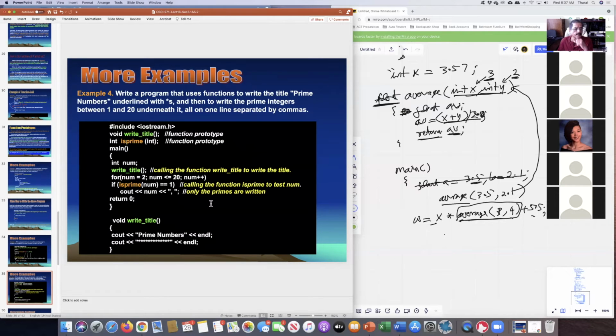So here is a program that will use two functions. Let's read the entire example. It says write a program that uses functions to write the title prime numbers and underline it with asterisks, and then it will write prime integers between 1 and 20 underneath it. It'll write all the prime numbers between 1 and 20. Okay, so